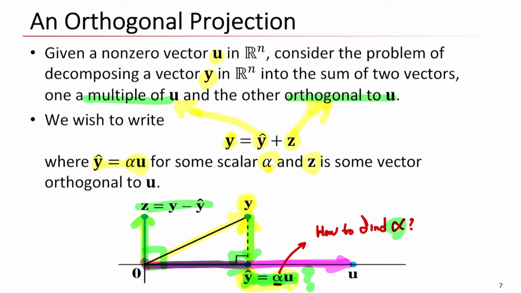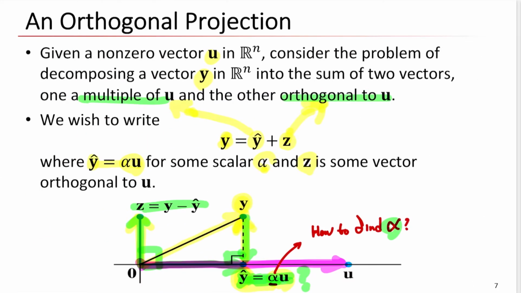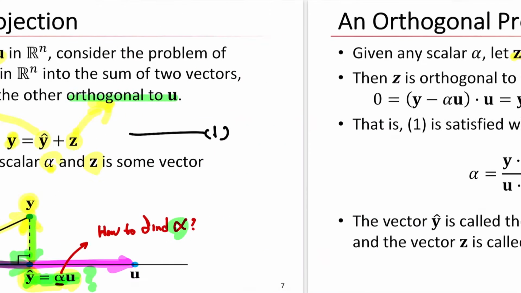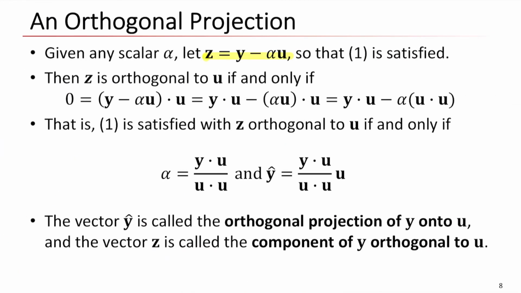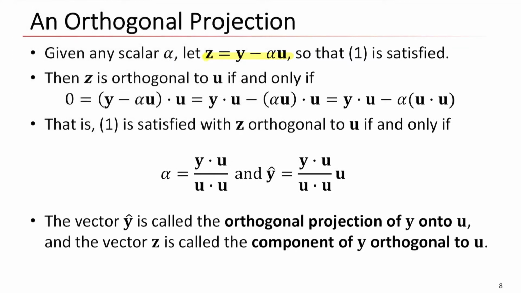So this vector is equal to this one. Let's suppose this is equation 1. Then that equation 1 is satisfied, and the z is orthogonal to u if and only if